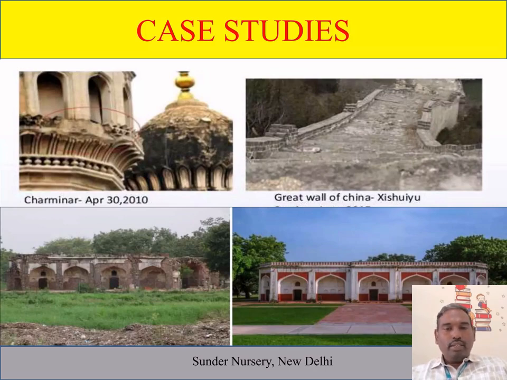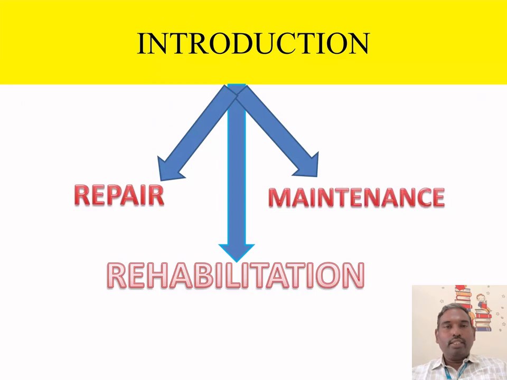Third one, Sundar Nursery, New Delhi. The left side is the existing building. The same design parameters, color, height and size of the building should all be the same. But the old building was very damaged, and one could not get inside it. Nowadays the building is fully renovated and can be lived in. So this is a case study for repair and rehabilitation of structures.